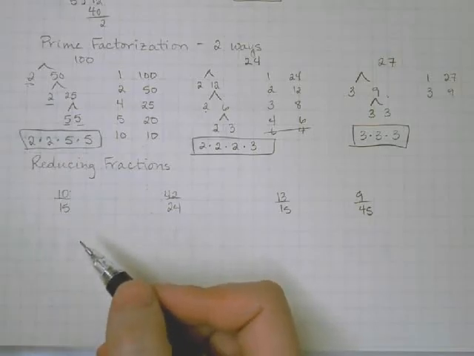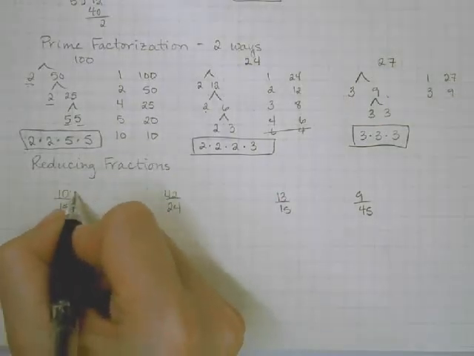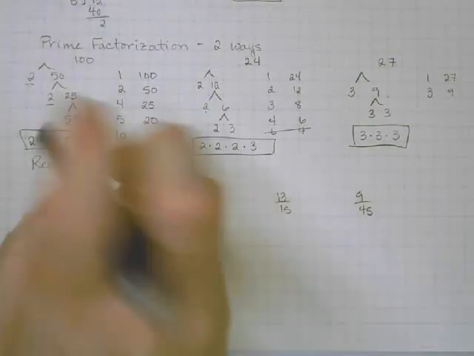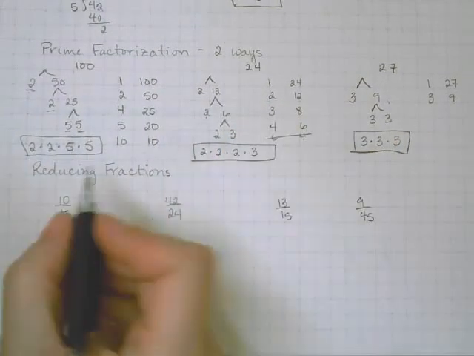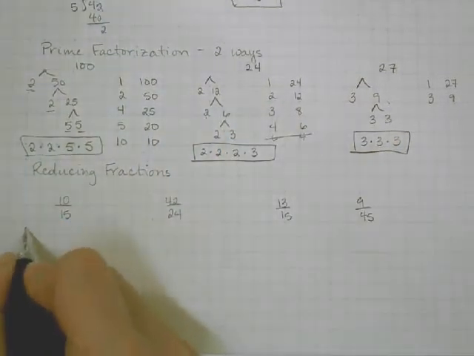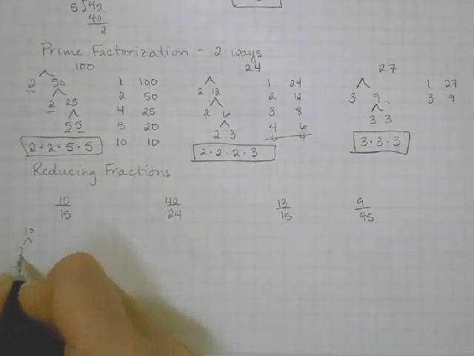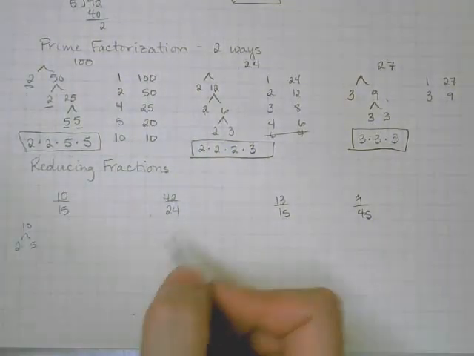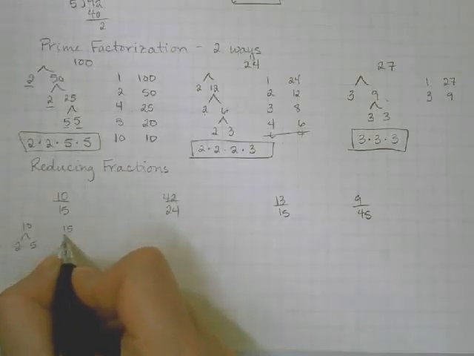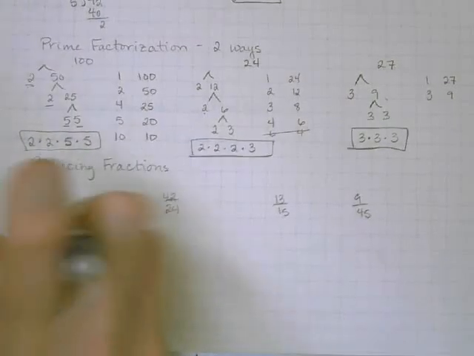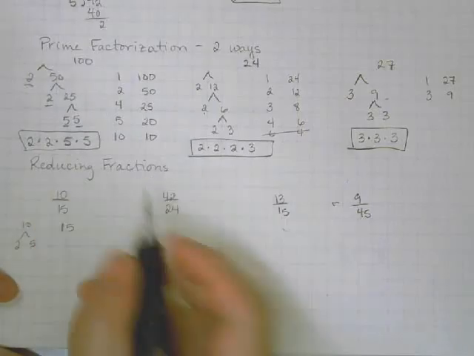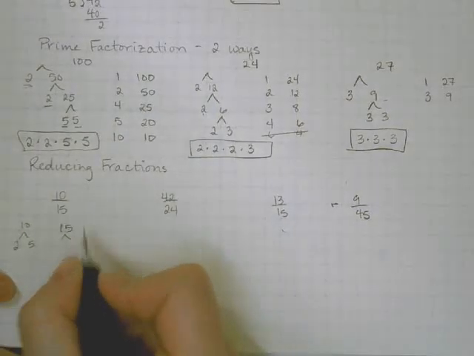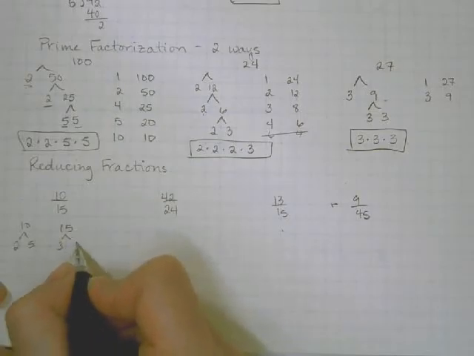putting this in the prime factorization. So if I do the prime factorization of 10, 2 and 5, that's all I can do. 2 and 5 are both prime numbers. And then 15, whoops, is not divisible by 2, so then I'm left with 3 and 5. And in that case, that one is also its prime factorization. So if I rewrite this as 2 times 5 over 3 times 5,